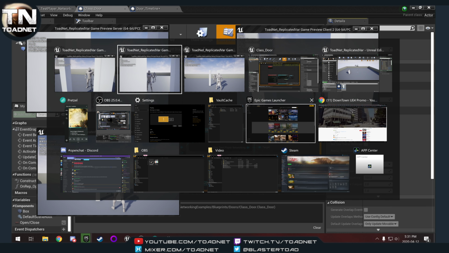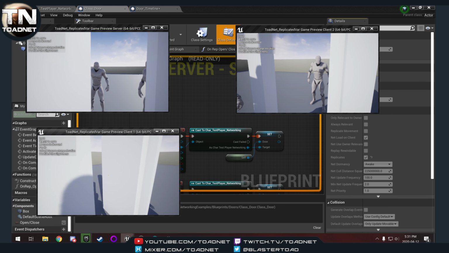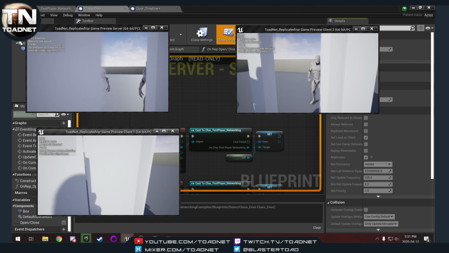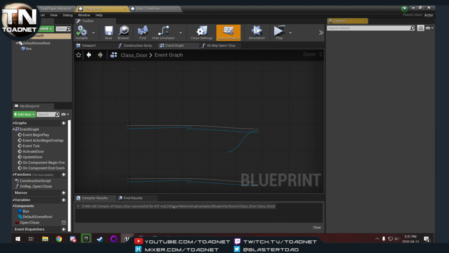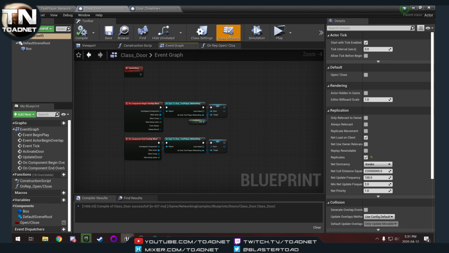Just for good measure, we're going to do it on the last client as well. Make sure that this client gets door activating. And there we go. So however you want your door to happen, or if you wanted to have this dependent,